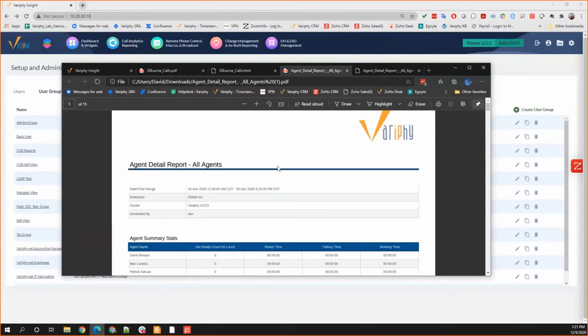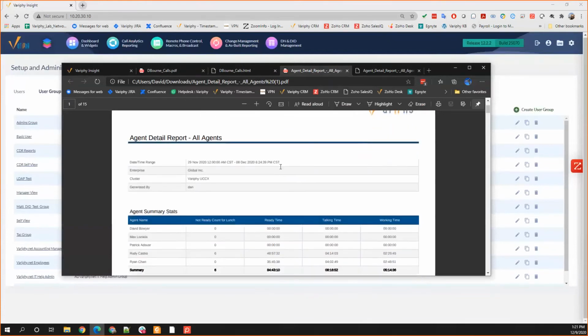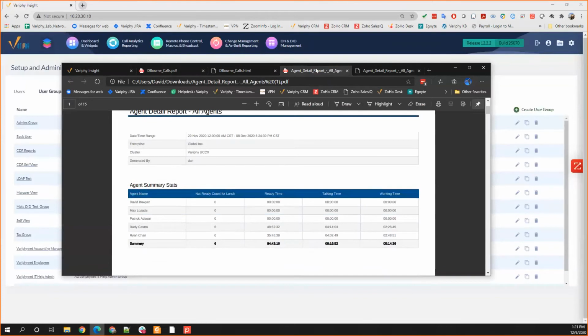It's a really scaled back version of this report. Again, you can see the name of the report has not changed. The filters have not changed. It's simply generated by Dan. And since it's the after effect of the security impositions on the user account, we can now see that this report only really contains 5 or 6 agents because it's specific to what's defined in that public